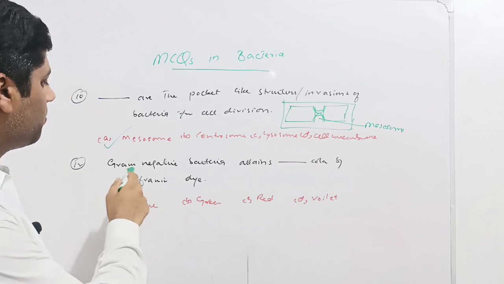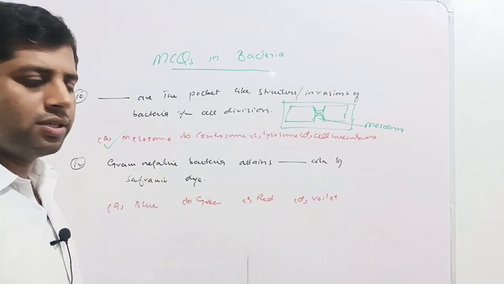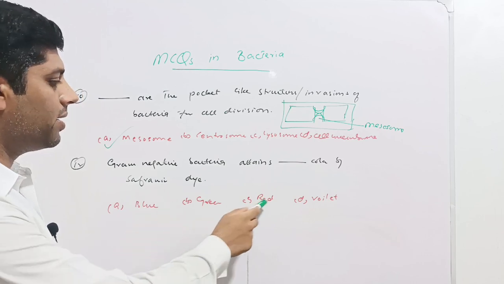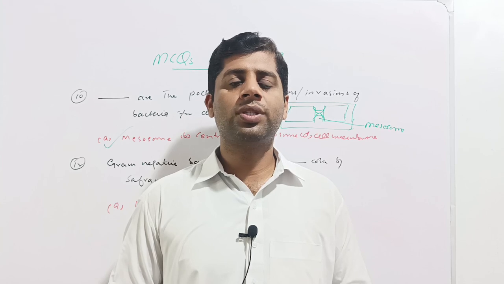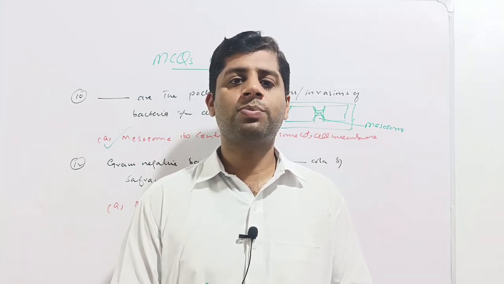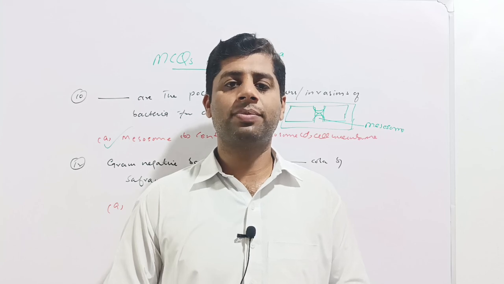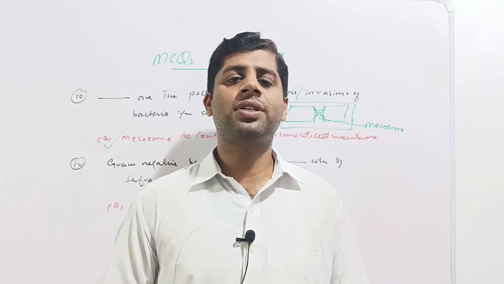Next question is, gram-negative bacteria attains dash color by safranin dye. Given options are blue, green, red or violet. We should recall here that the bacteria can be divided into two groups, the gram-positive and gram-negative bacteria. This classification of the bacteria was brought forward by Christian Hans Gram. He was the scientist who developed Gram stain, and the bacteria which are stained through this Gram stain and attain